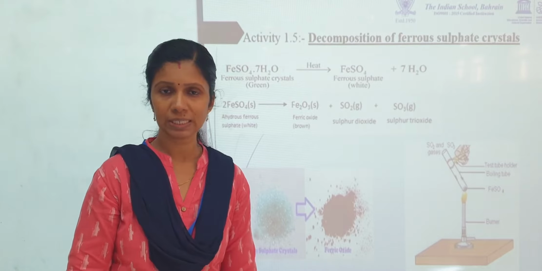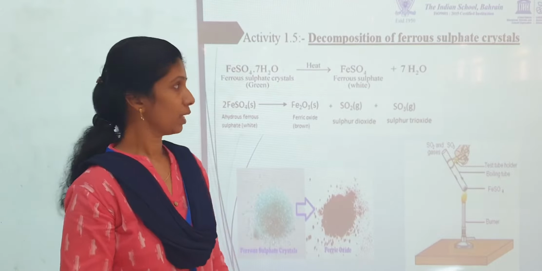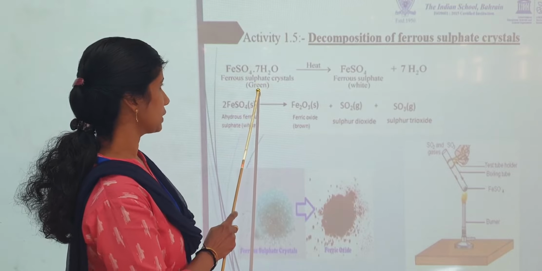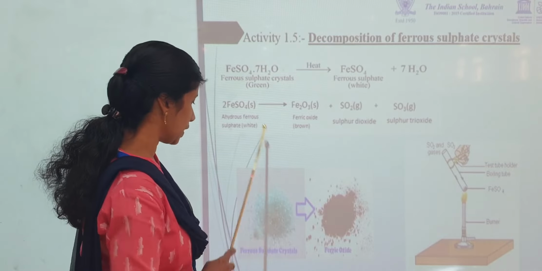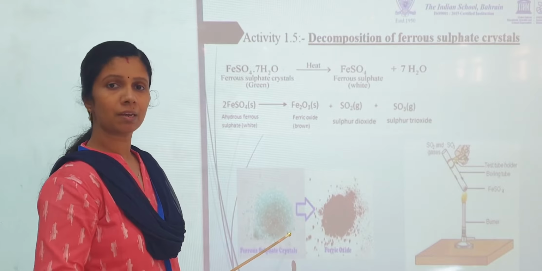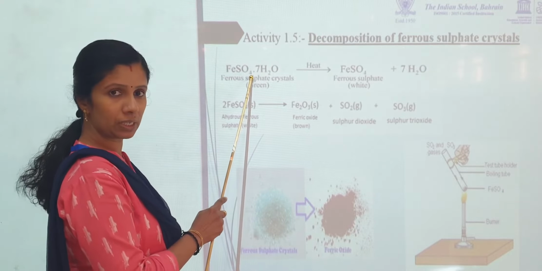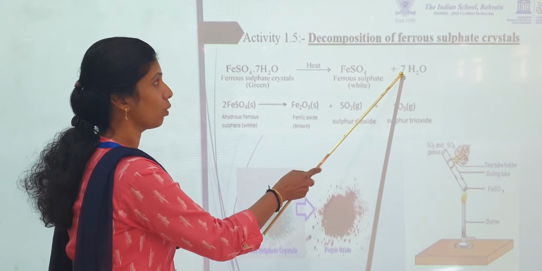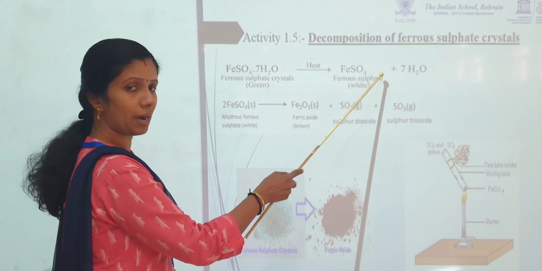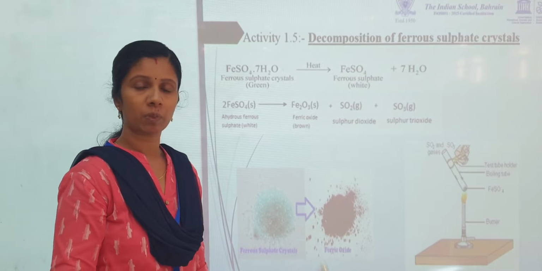Next example, decomposition of ferrous sulfate crystals. The chemical formula of ferrous sulfate crystal is FeSO4·7H2O. It contains 7 molecules of water. That means 1 molecule of ferrous sulfate contains 7 molecules of water. Ferrous sulfate crystals are green in color. So when ferrous sulfate crystals are heated, they lose water molecules and form anhydrous ferrous sulfate, which is white in